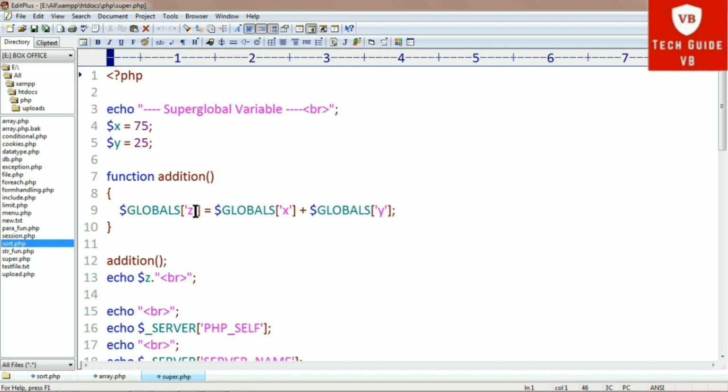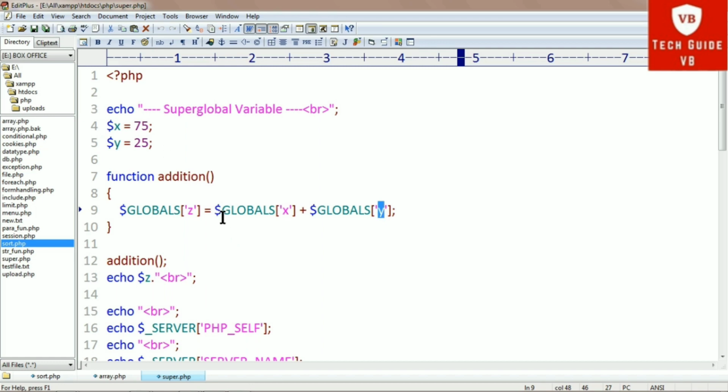So first we have used the $GLOBALS, which is the first superglobal variable in PHP. So $GLOBALS['z'] is equal to $GLOBALS['x'] plus $GLOBALS['y']. It will add this x and y because the scope of this globals variable is anywhere in the PHP script.